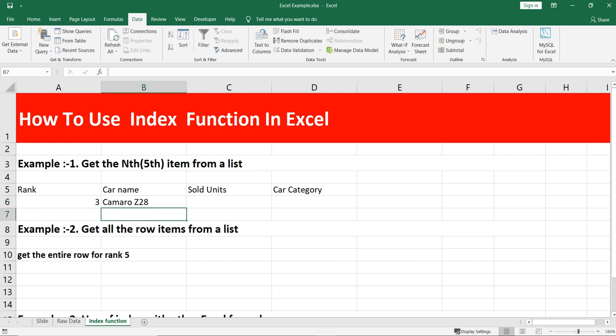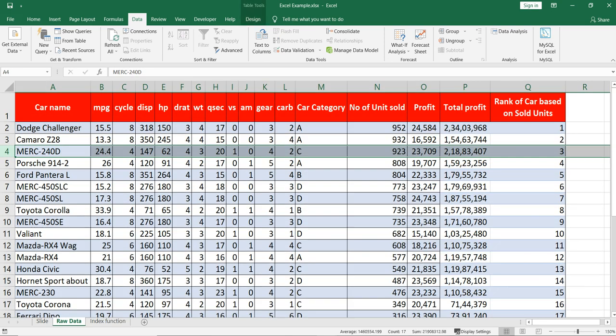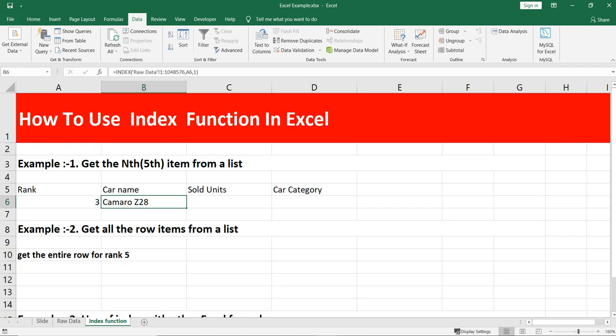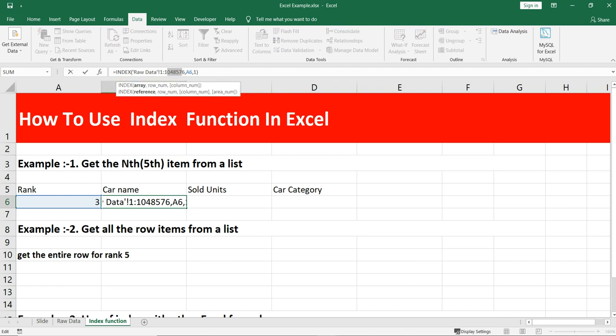Now you will see that you are getting the incorrect car name here. For rank 3 we have Mercedes, but we are getting Camaro. The reason is that when you have selected this entire range here, raw data 1 to this many 10 lakh, you are giving a specific instruction to the index function to start getting the data from row 1.